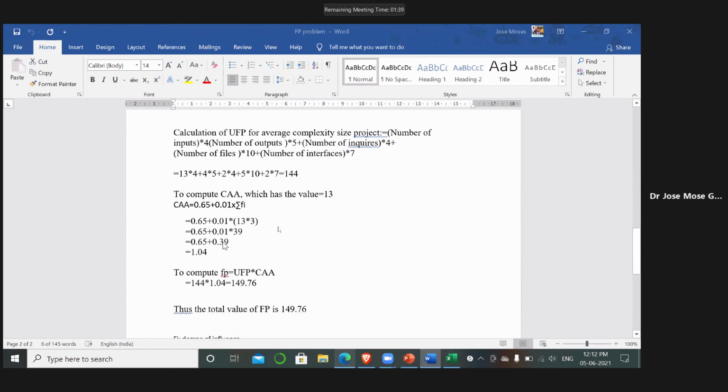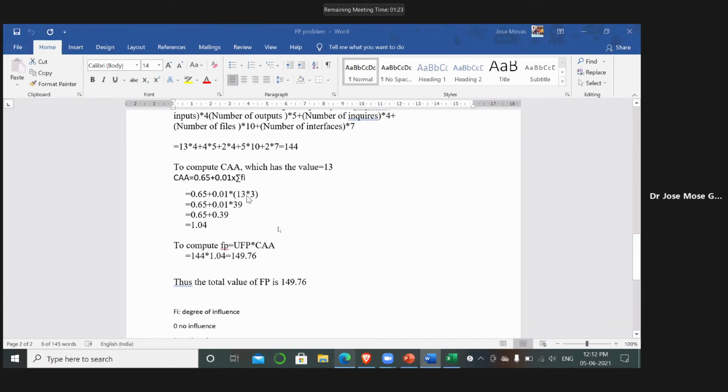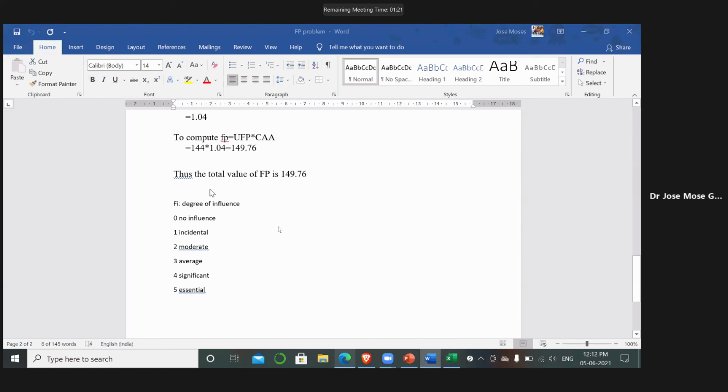Here we have these default values, 0.65 plus 0.01 is the default formula, but we need to find the sum of the function. The sum of the function is 13 into the degree of influence. Fi is nothing but the degree of influence. So let us look at the degree of influence. No influence is 0, incidental means 1, moderate means 2, average means 3, significant means 4, essential is 5.